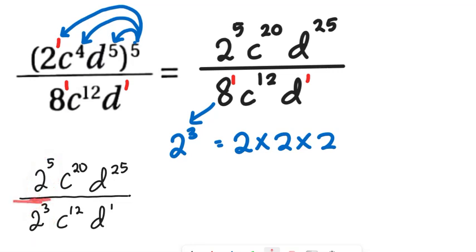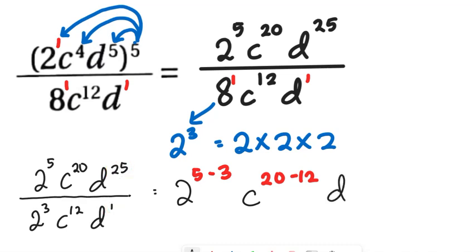So this 2 to the power of 5 and 2 to the power of 3, because it's division, so kalau bahagi kena tolak. So bermakna 2, 5 ni kena tolak dengan 3. Right? The index must minus. So 5 minus 3. Okay, and then the next base is C. So same thing. You have to take the 20 minus the 12. So 20 minus 12. Okay, and then after that for the D you have to take 25 and minus 1. So leave the D as the base. So dia punya nombor index 25 tu kena tolak dengan 1.